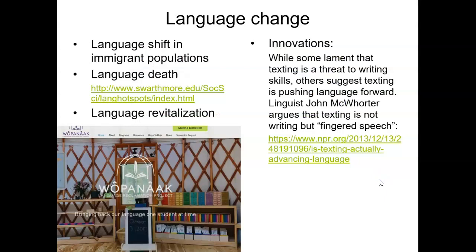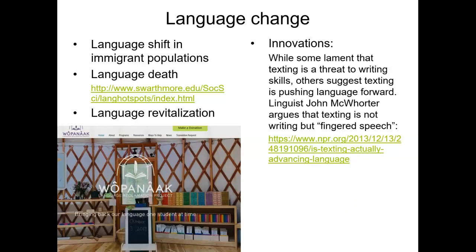Okay. Another key issue that anthropologists are interested in is how language changes over time. We all know that language is constantly evolving, right? It's not something that is ever static. And from the perspective of the anthropologists who study it, that can be something that causes concern. Some of the change causes concern. And some of it is, I think, just what we would recognize as par for the course, right? Just as culture changes over time, so does language.